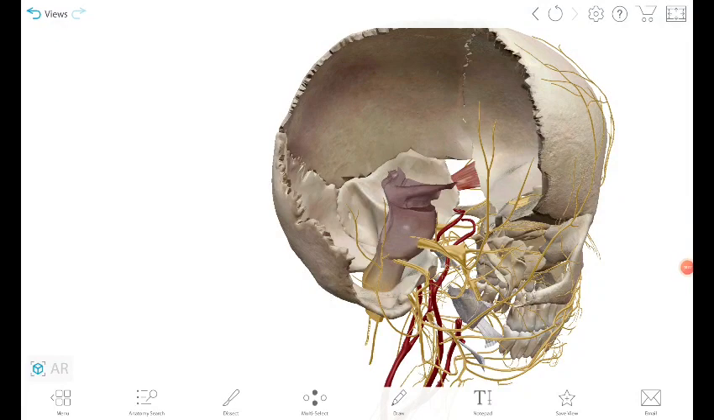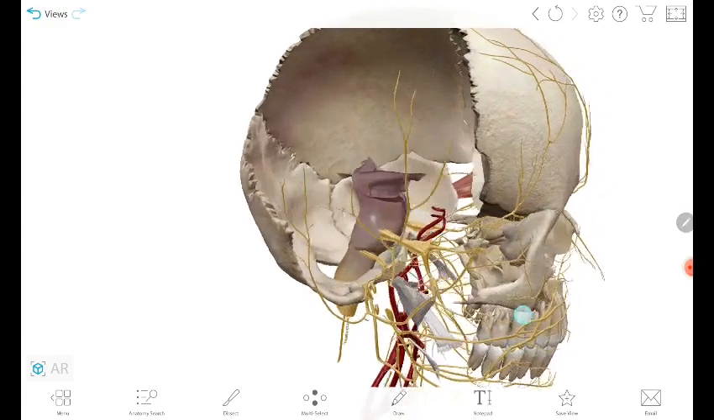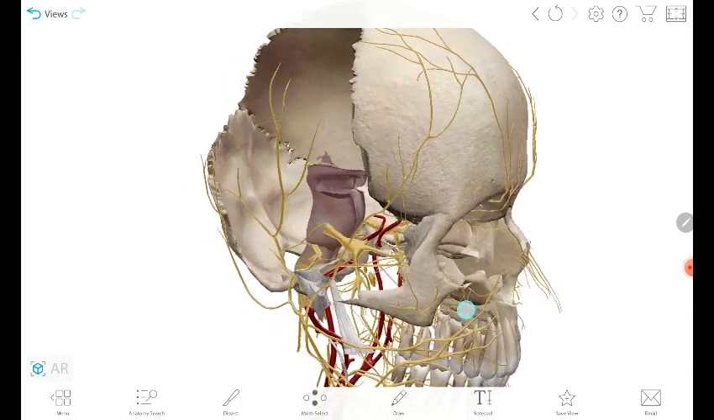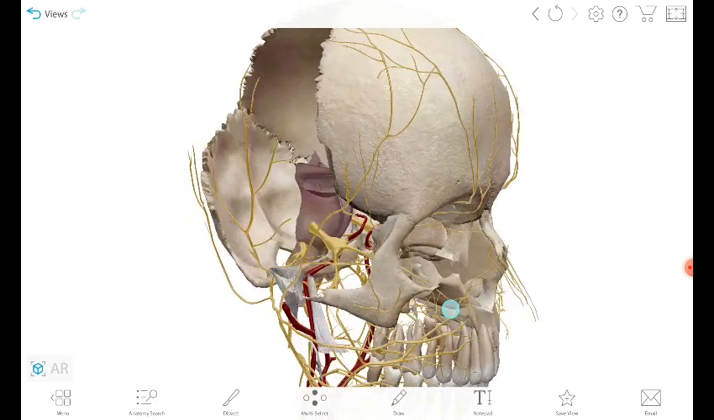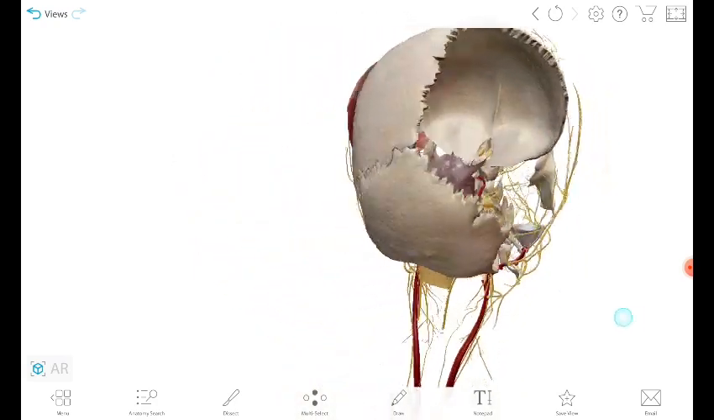So in this video we'll be talking about the course of cranial nerve 7, that is the facial nerve, and the branches it gives off. So to orient you to the 3D model, this is the right side of the skull,